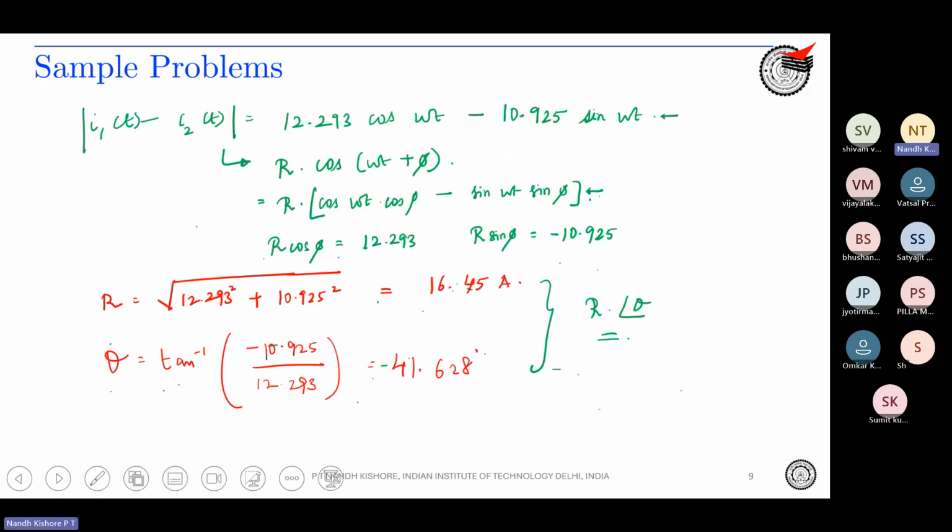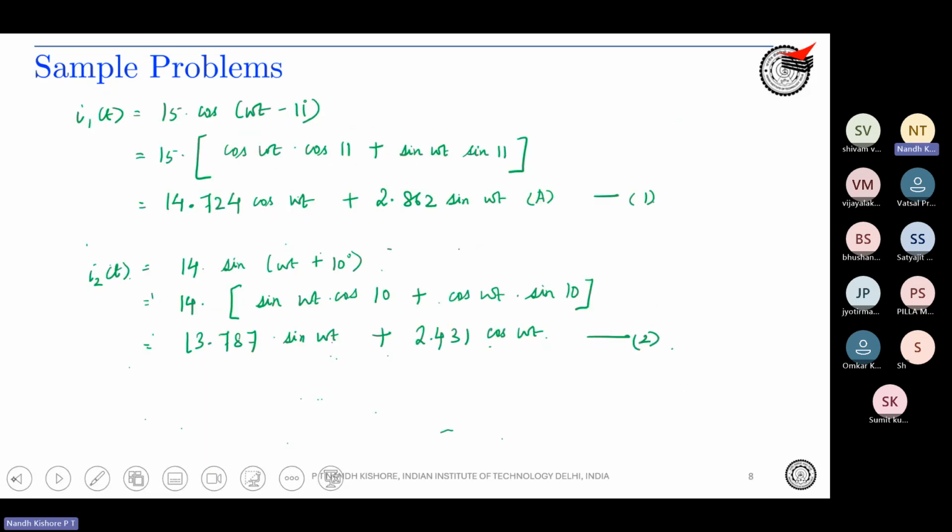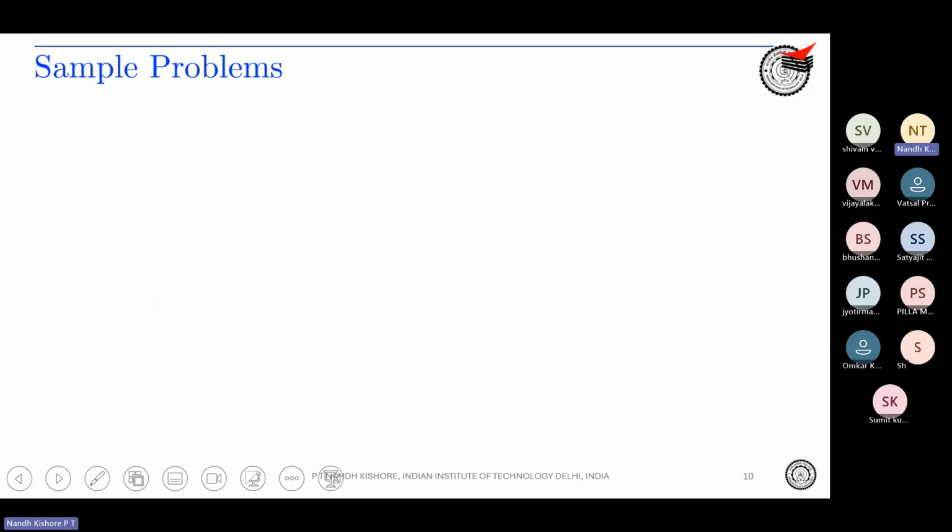Okay, so we will move on to the next question. So based on polar to rectangular conversion, we have a few problems. So this question was 5. Okay. So the next question will be